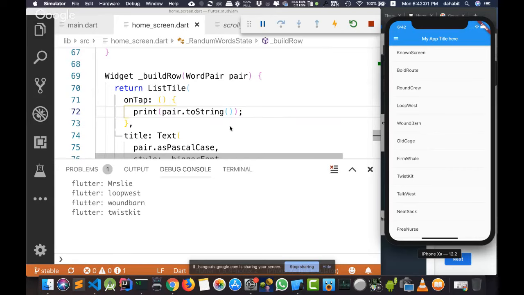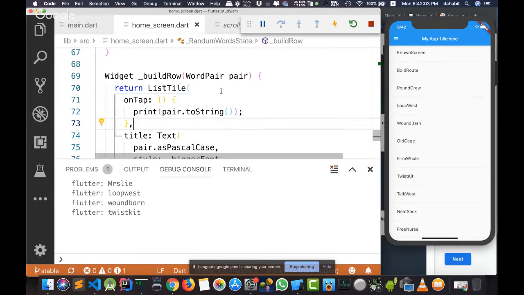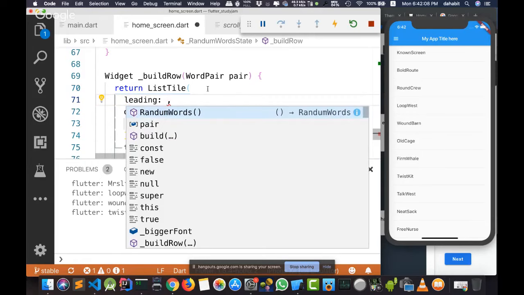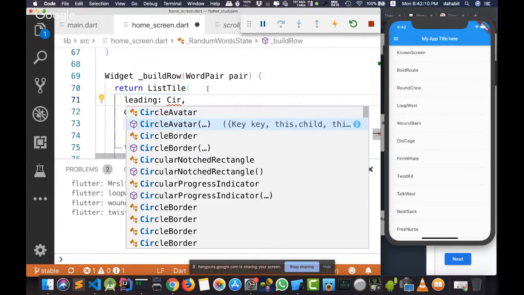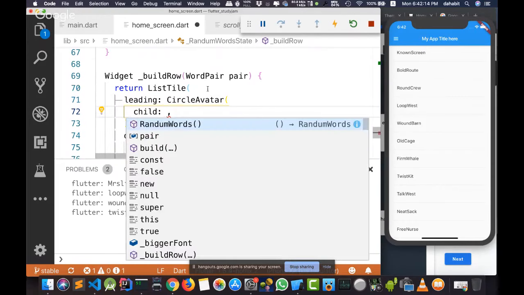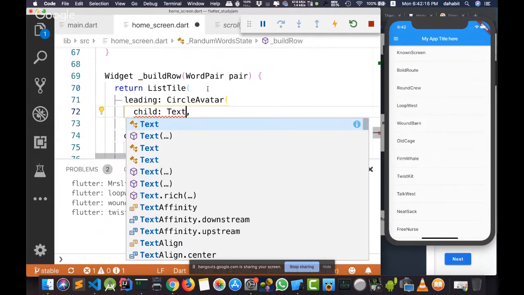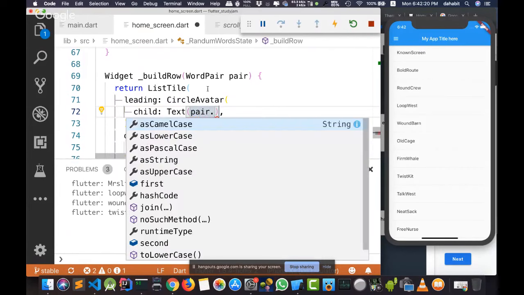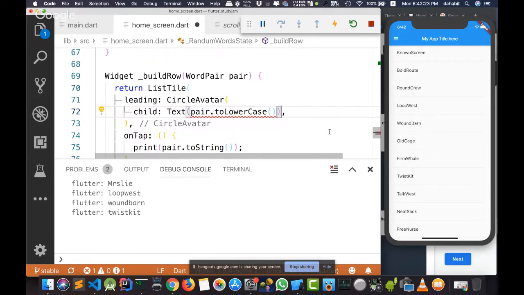Not only that, let's check our other properties that are available inside list tile. For example, if you want a leading icon, I'll use a pre-made widget called circle avatar. And inside this circle avatar, inside its child, I'll write a text. And in this text, I write pair dot toString to write,